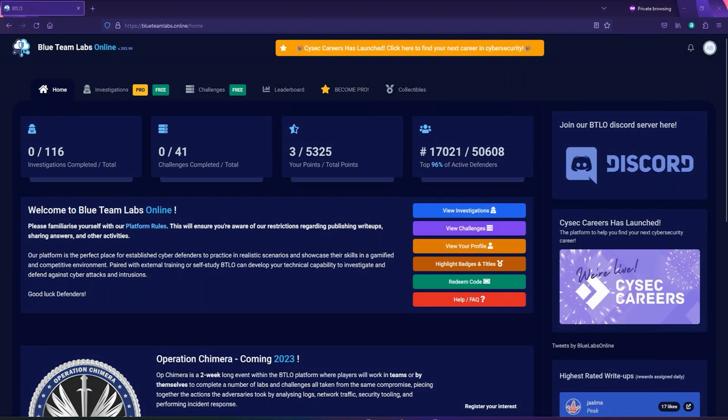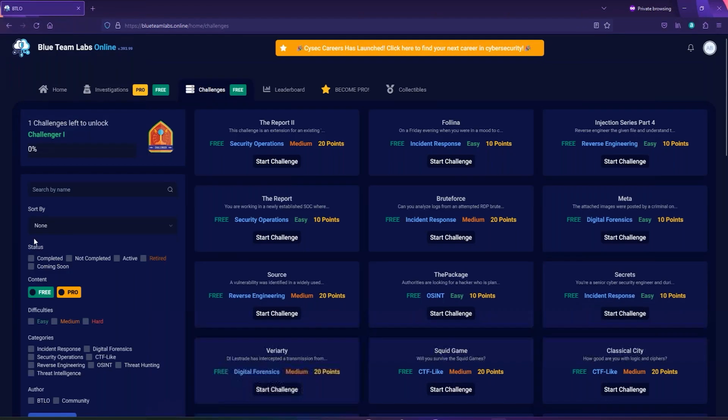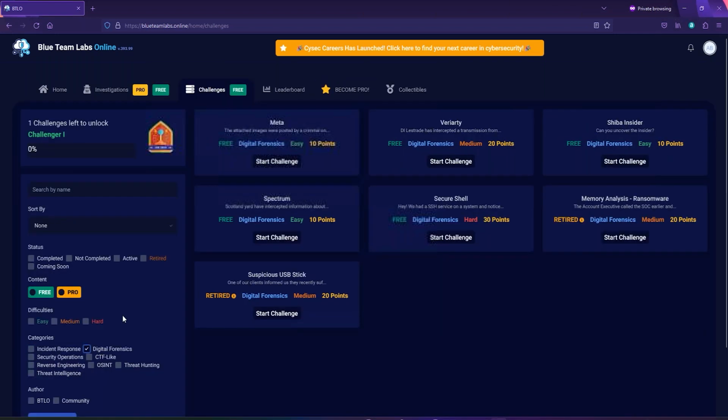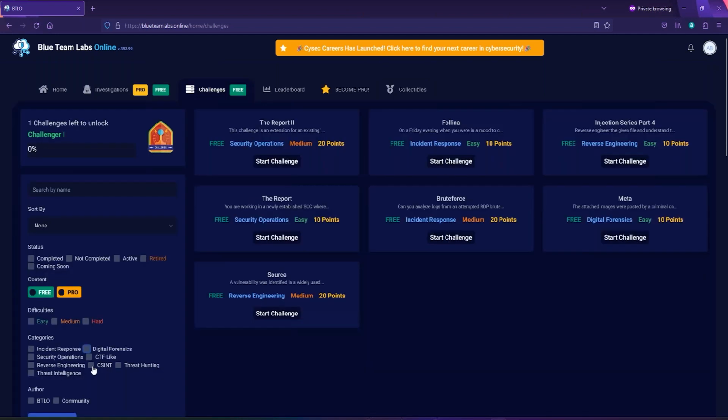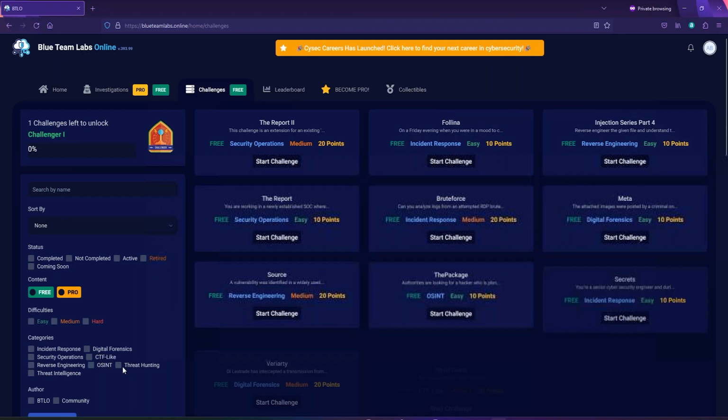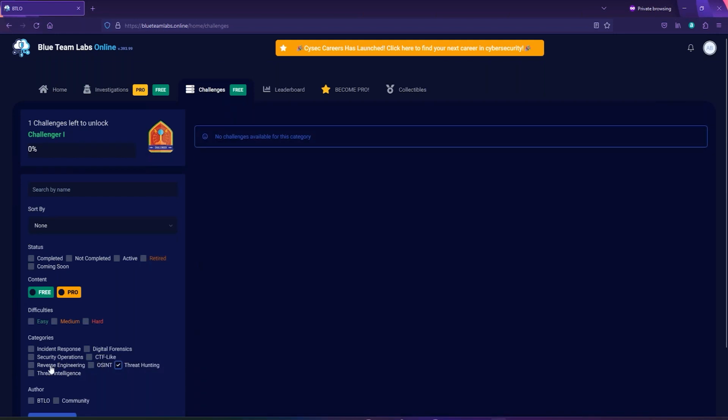Okay. This is how your BTLO will look. So we have the challenges. We have a list of the challenges. You can select them by categories. If you want to do incident response, here are the machines for incident response. If you want to do digital forensics, here are the machines for digital forensics. OSINT, want to go with open source intelligence gathering, here it is. Want to go with threat hunting, these are